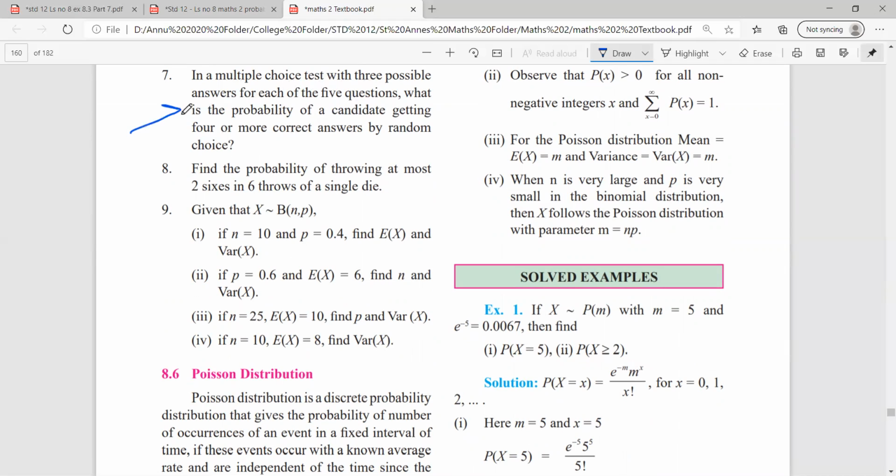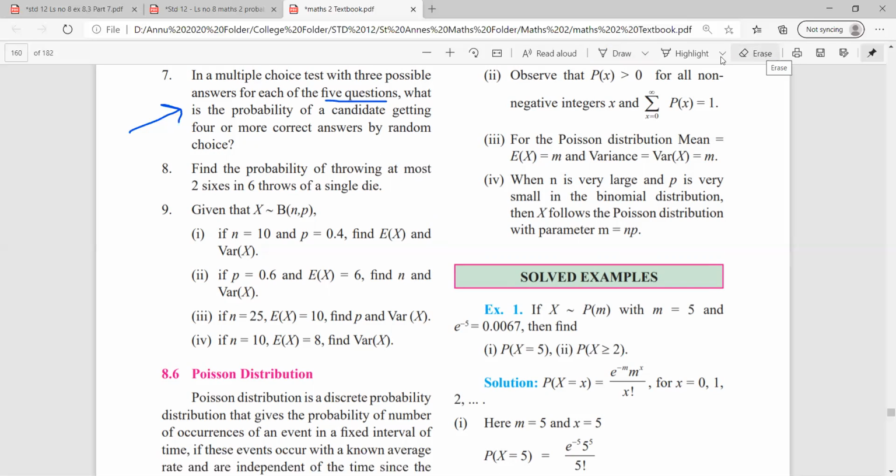So again, we'll find out what are the 3 alphabets. Now there are 5 questions they have told, so we can take n to be as 5. Now these 5 questions have got 3 possible answers. So each answer's probability will be the same, 1 upon 3. So basically, can I say P, getting correct answers, is our success? So the probability will be same for all the 3 answers, 1 by 3. So if I know the value of P, I can find the value of Q by putting the formula 1 minus P.